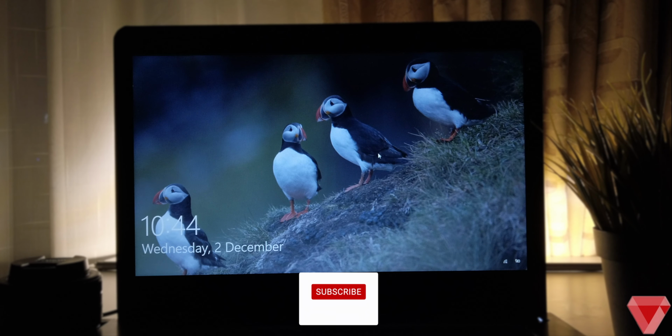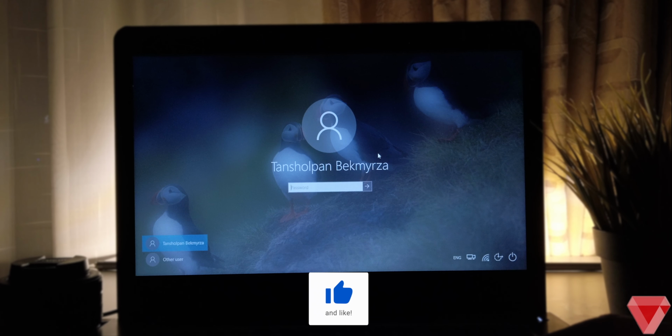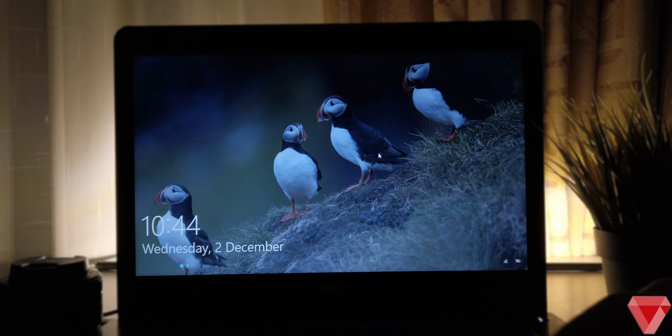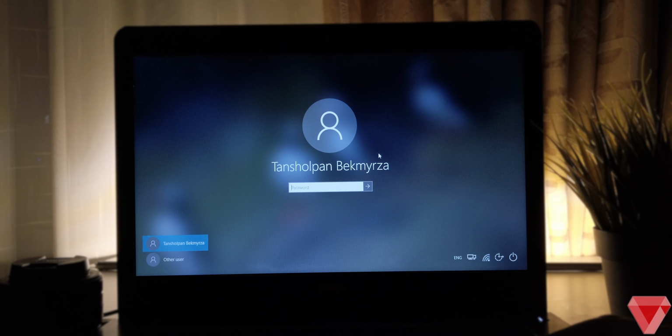In step 3, make sure the computer is turned off, or you will need to restart it to go to the boot settings. Plug in the USB drive to target machine and turn on the laptop. But before that, let me quickly show you guys that this account is password protected. Alright, here we can see that this laptop is password protected. So let's just restart the laptop for password recovery.